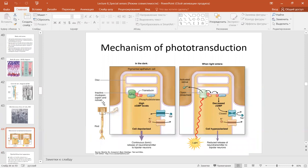Inactive rhodopsin consisting of opsin and retinal, and transducin is accomplishing one single entity. When the light rays hit this highly structured complex of protein substances, the opsin is dissociating from the retinal. Activated retinal is dissociating from the opsin molecule. The transducin is dissociating from the rhodopsin molecule,